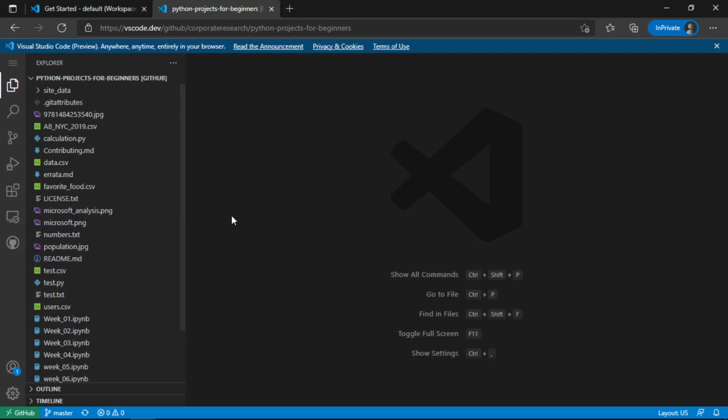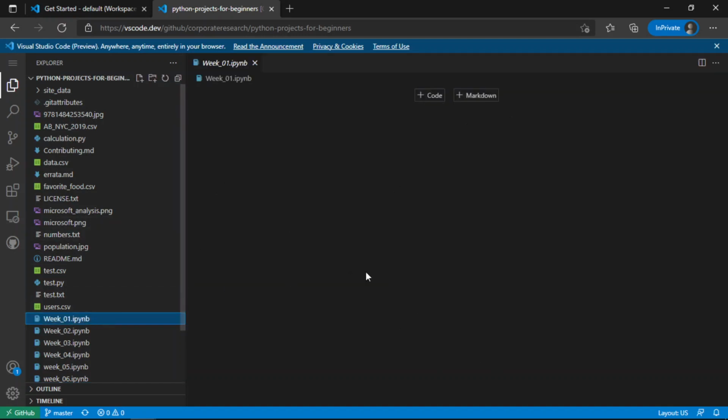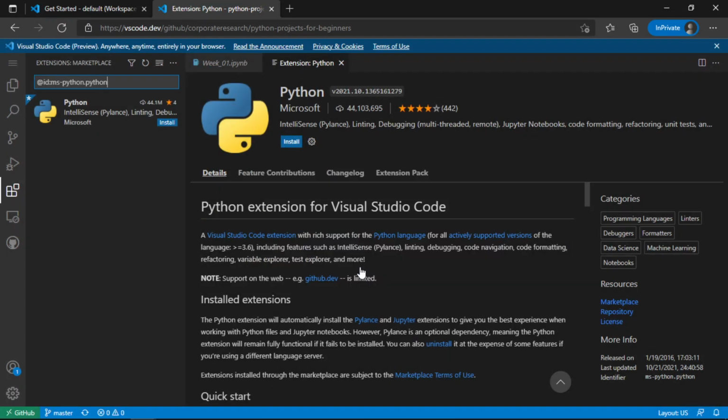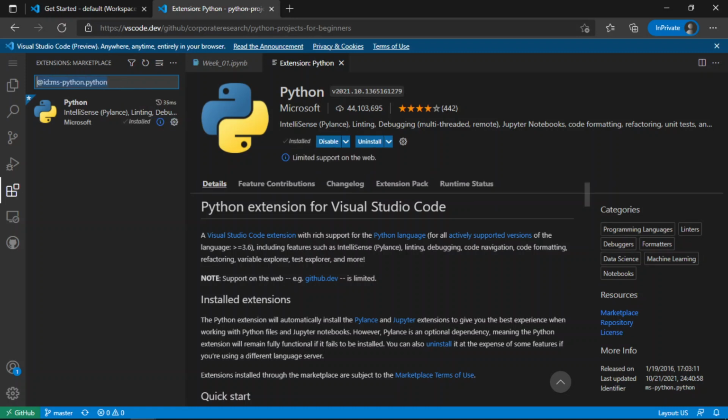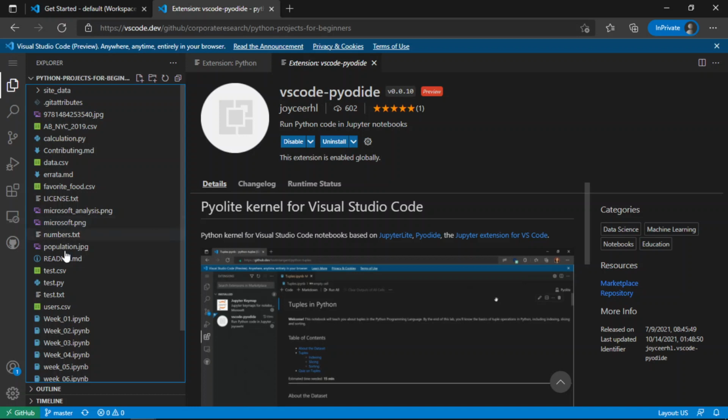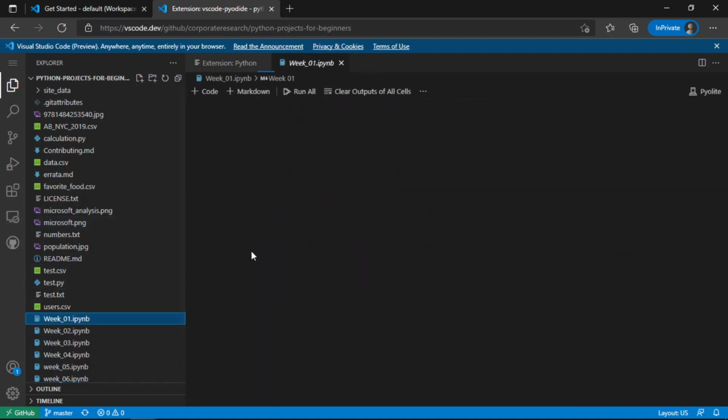Now it's going to ask you to install some extensions. Make sure that you install them. Install anyway, and make sure that you install Python and click on install. Now go back to the files, check the first one,